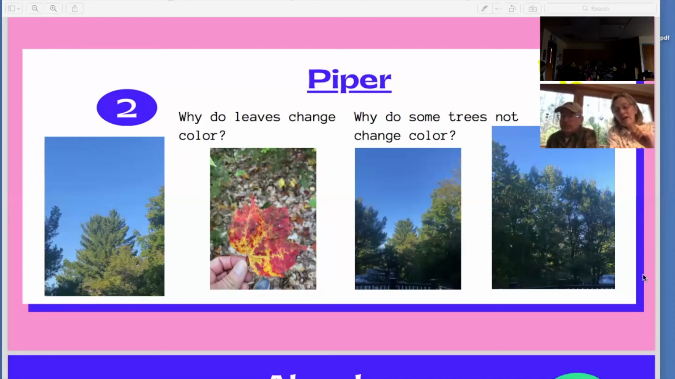Because when the tree has to make a new leaf from a bud every year, that takes a lot of energy and they need a lot of food. So what these trees do is they just keep their leaves for several years and they keep the chlorophyll in the leaves. But one thing that's kind of interesting is in general, like the deciduous trees with the big leaves,